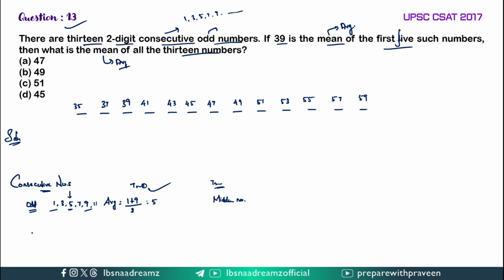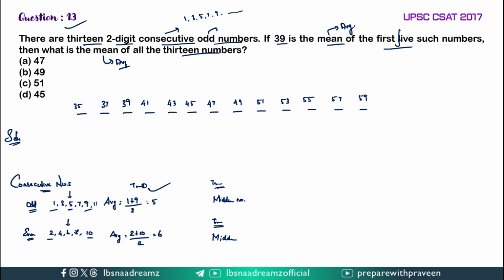Similarly, for even number, let us take 2, 4, 6, 8 and 10. Using the trick 1, just choose first and last number. 2 plus 10 divided by 2 is equal to 12 by 2, that is 6. So 6 is the middle number, right? So 6 is the average. Using the trick 2 also, you can tell the middle number